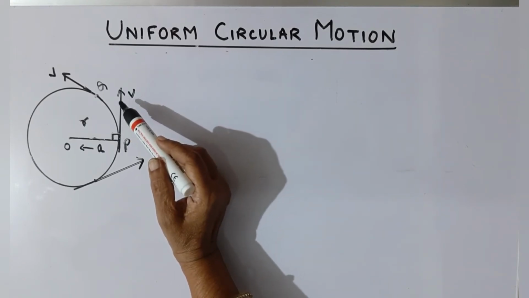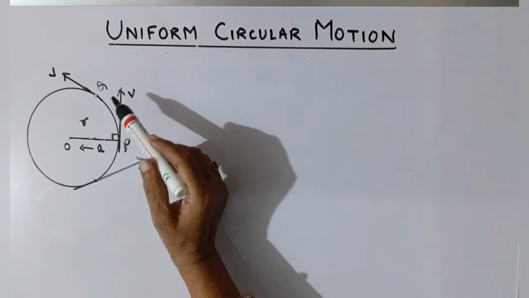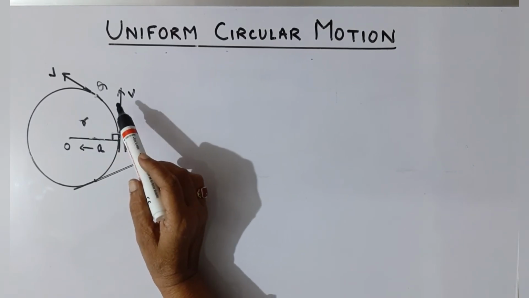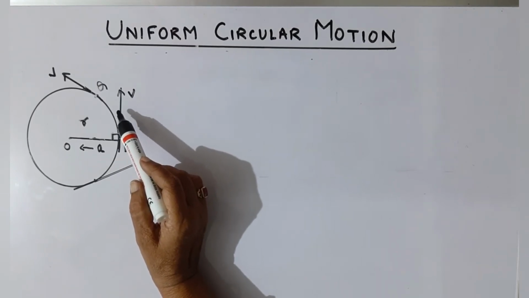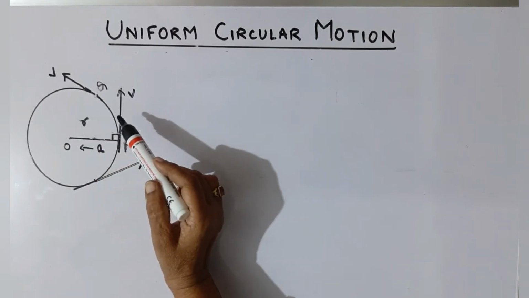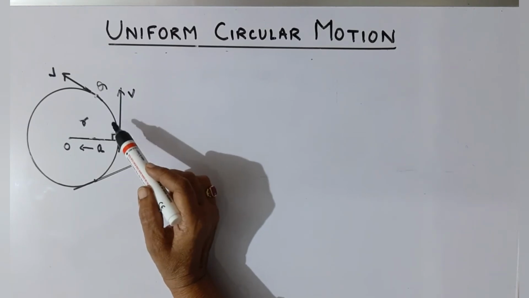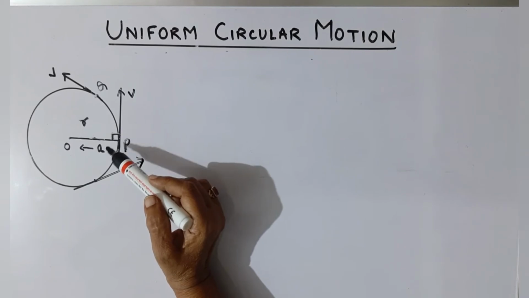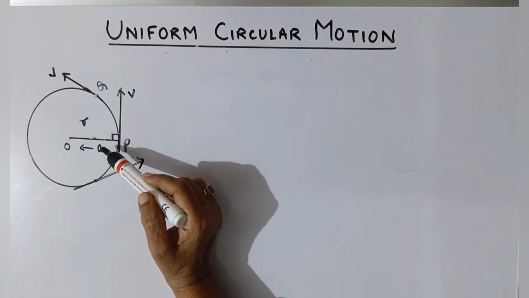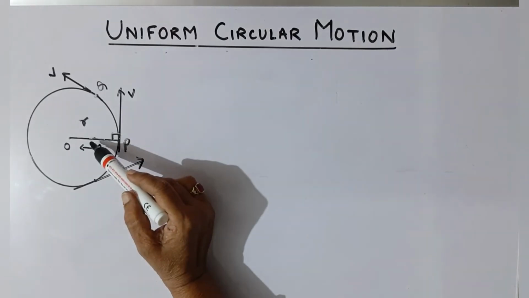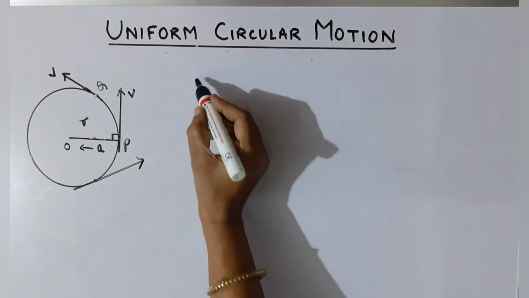The change in velocity is only due to the change in direction. This change in direction is in such a way that the object has a tendency to always move towards the center of the circle. That is why the acceleration produced in the object is called centripetal acceleration. The acceleration is called centripetal or towards the center, seeking the center. Centripetal acceleration. So here we have three quantities: